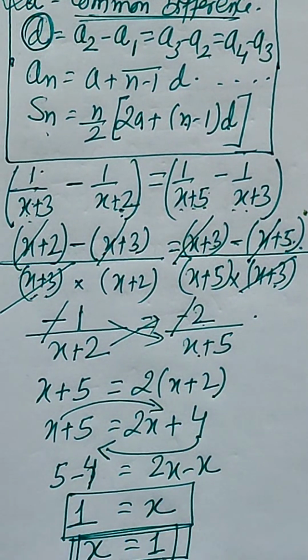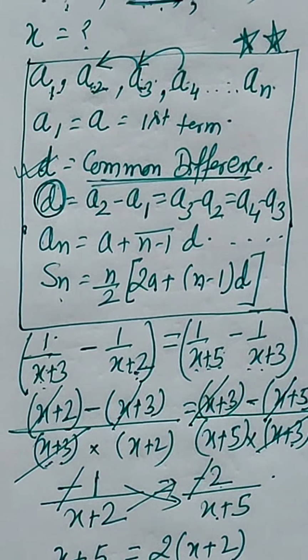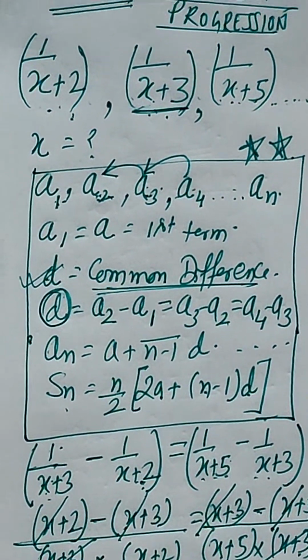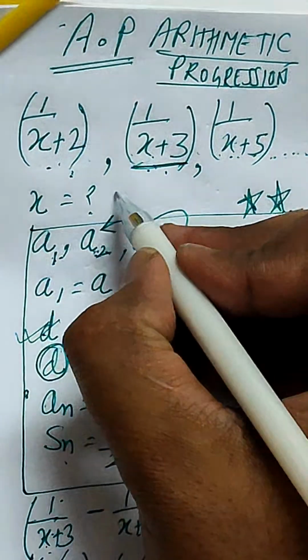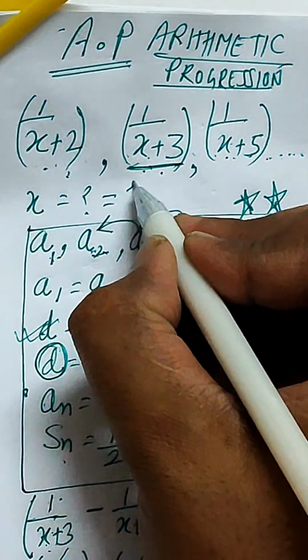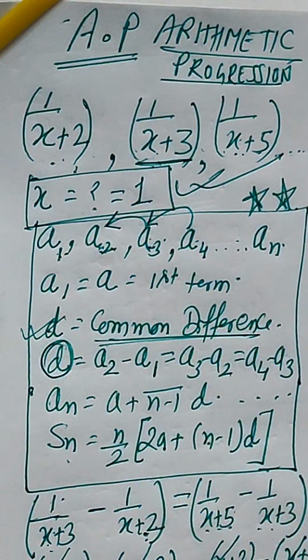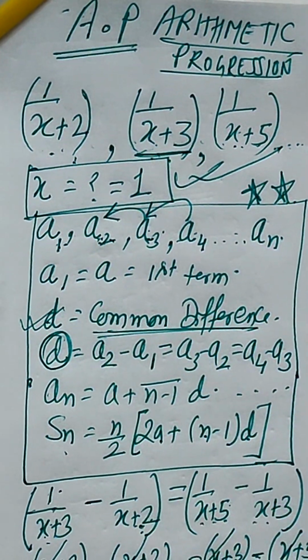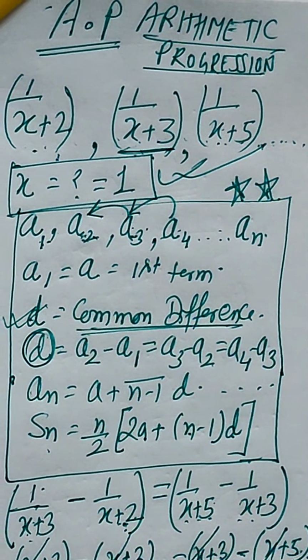So in this way we have solved this question, and the value of x is coming as 1. So x equal to 1, and this is your answer, right? I hope you like the session for today, and this is a very simple question of arithmetic progression, where